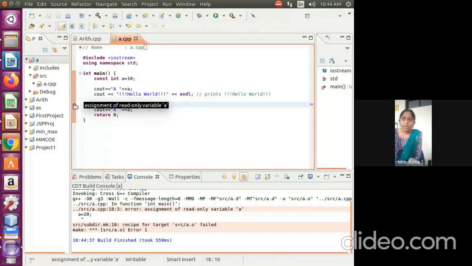If you see, there is an error: assignment of read only variable a. So if I assign a constant, then the value is read only. I can't change that value. I cannot modify that value. So it is called a constant value. So within a program, I can't modify those values.